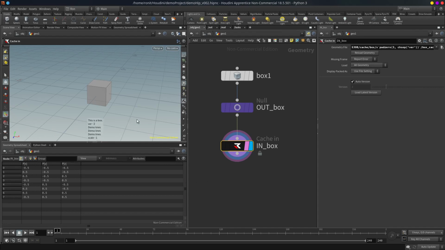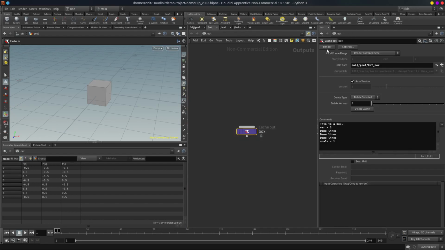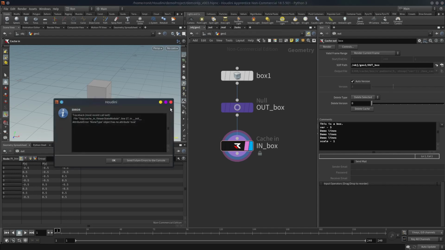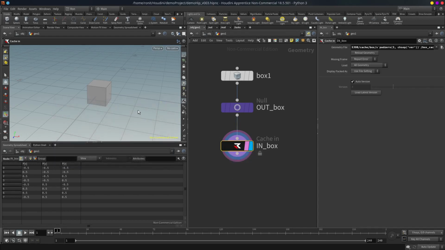Okay, so this happens. So let's say we want to save another version, which is version 3. So we save it here, version 3, and now we come back here and we bring it up, but it is showing version 2 still. And why is that? So in Python states, it won't refresh unless you hit escape and hit enter again. You have to select the node and then hit enter.